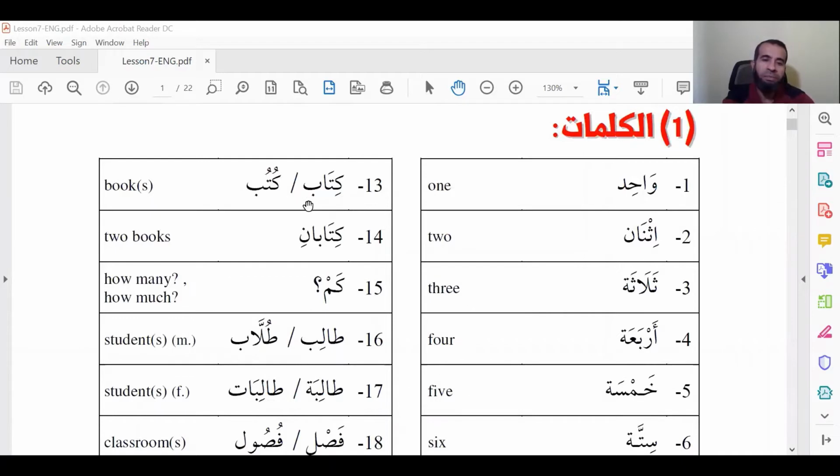بعد هذا كتاب slash, this means the plural comes here, and this is the first plural we study here in this book. So here in this lesson, inshallah, number 7, we'll study numbers from 1 to 12, and we will also study the plural. So كتاب, كتب,